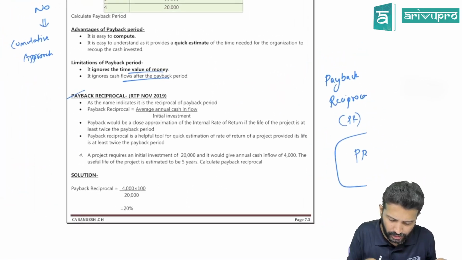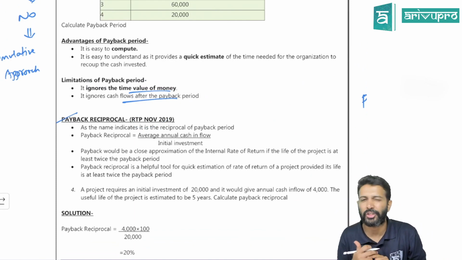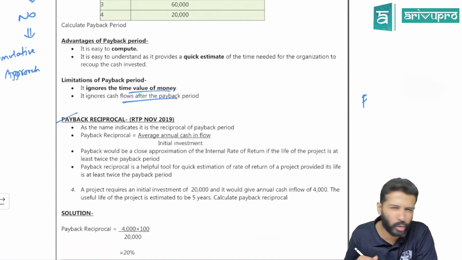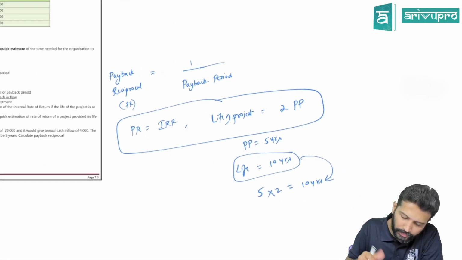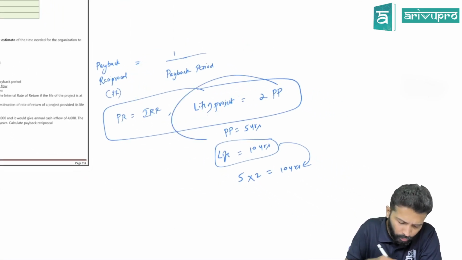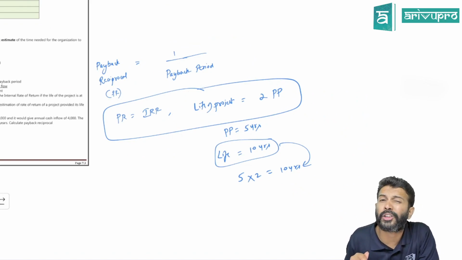I think once it had come, maybe once in RTP as well as once in one of the examination questions. Explain payback reciprocal or something, as a short note. I think they had asked for 2 marks, if my memory serves right. This is what you'll write. One, you'll write the calculation. And one more point: payback reciprocal will equal or approximate